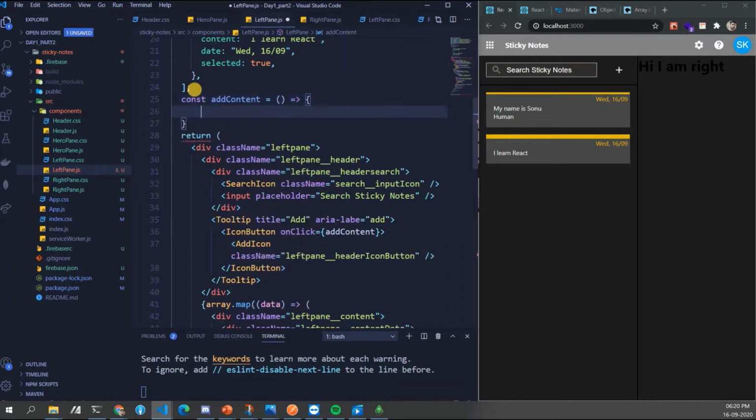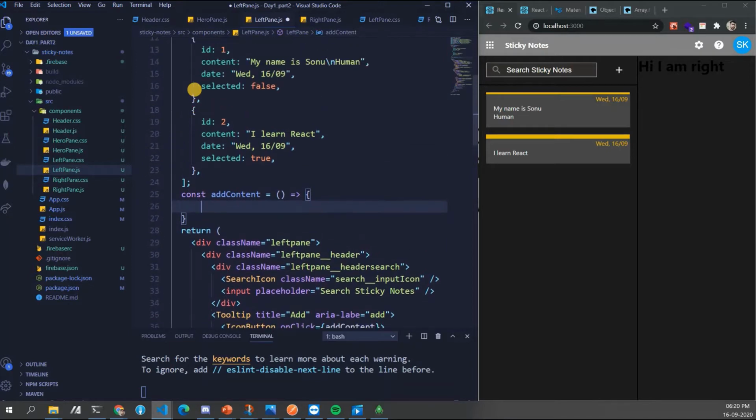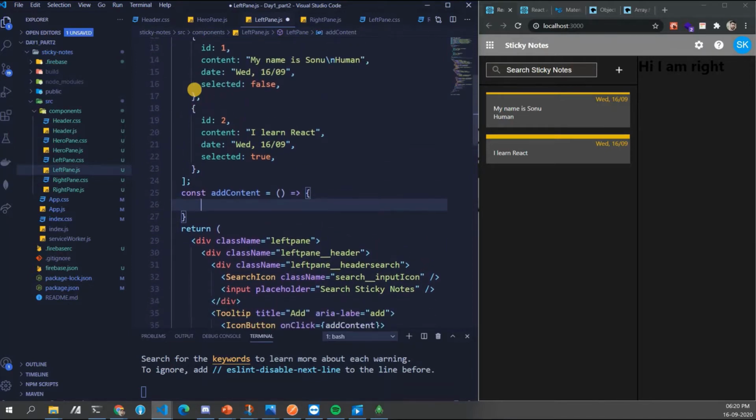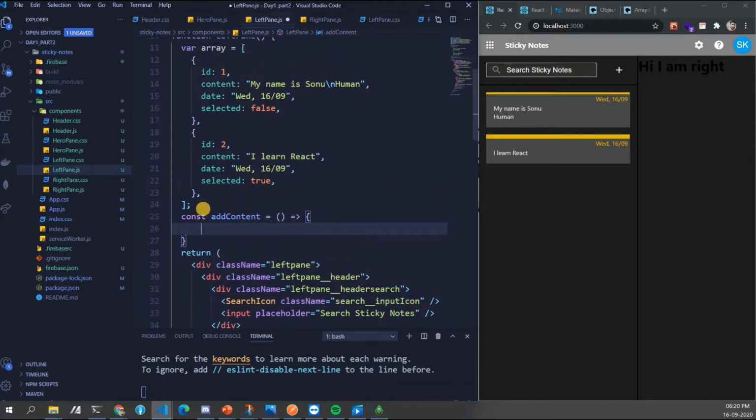If you have practiced till now what I told, can anyone tell me how to push an element inside an array? Yeah, array.push. Correct. So array.push will push one element at the end of the array.